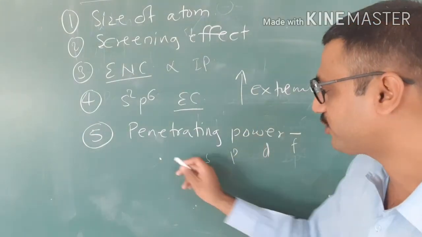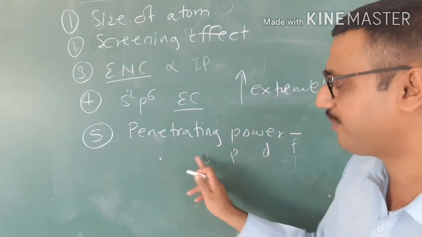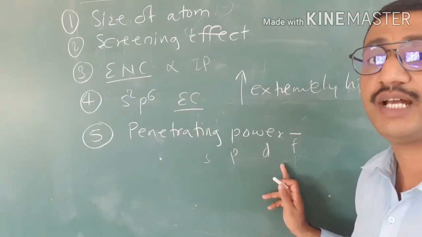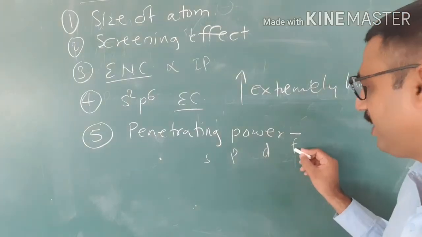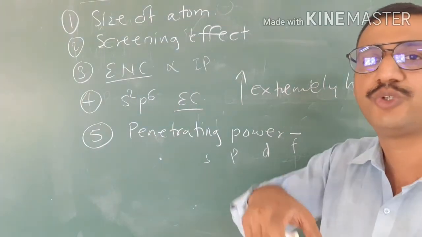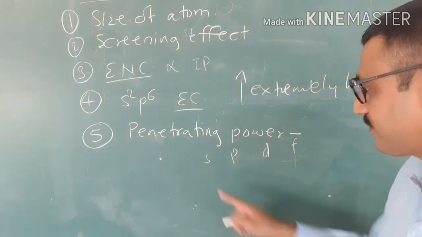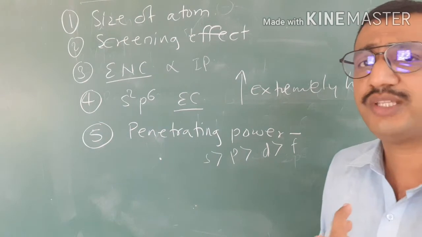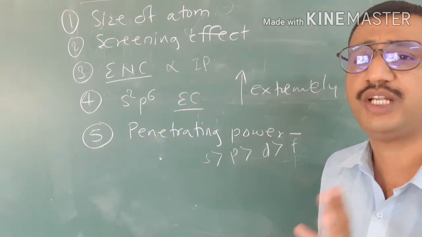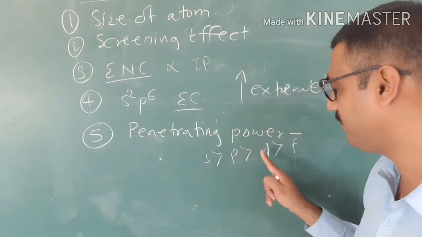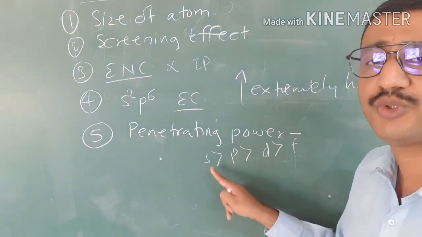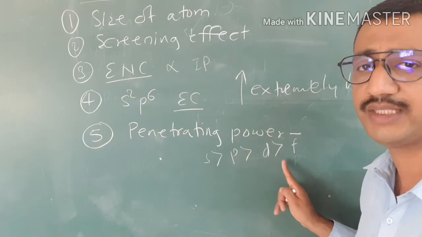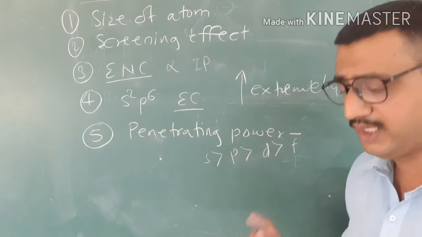The s electrons face more force of attraction. But if we consider f subshell electrons, they are away from the nucleus, and a comparatively smaller amount of energy is required to remove these electrons. So penetrating power is of this order. And for which electron will the higher energy be required? Suppose an electron is present in 4s, 4p, 4d and 4f. To remove the 4s electron, more energy will be required as compared to 4p, as compared to 4d and as compared to 4f.